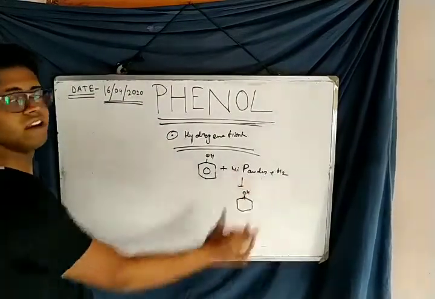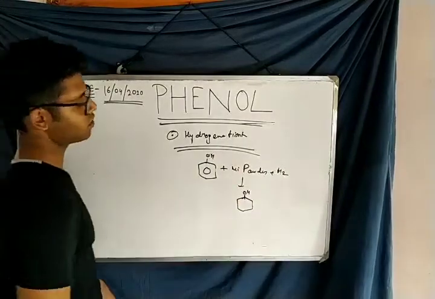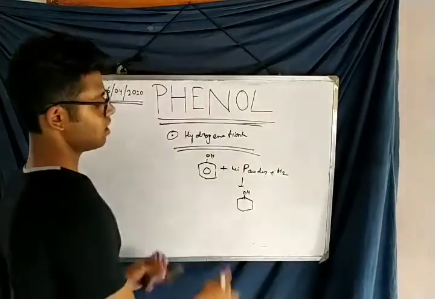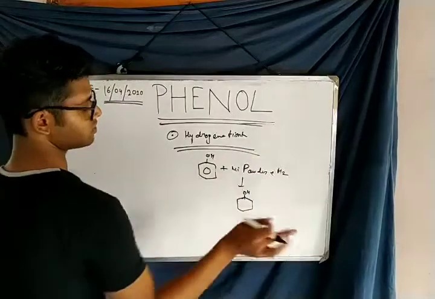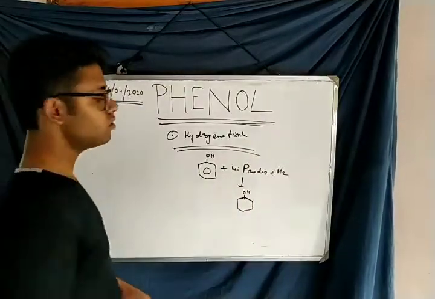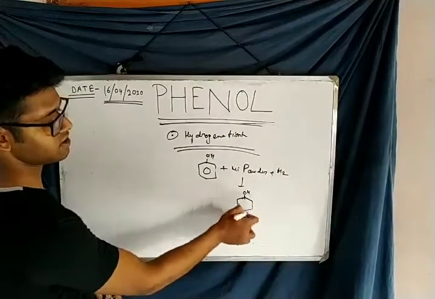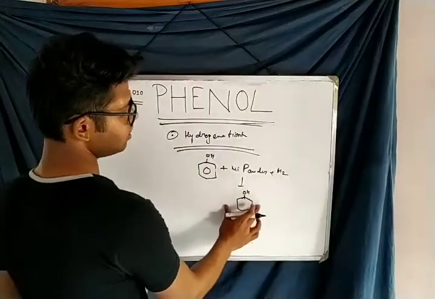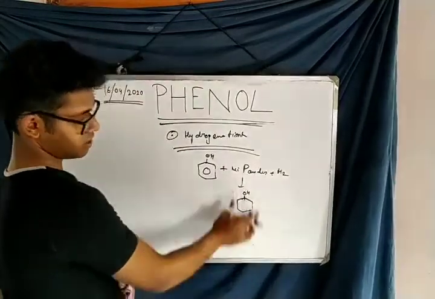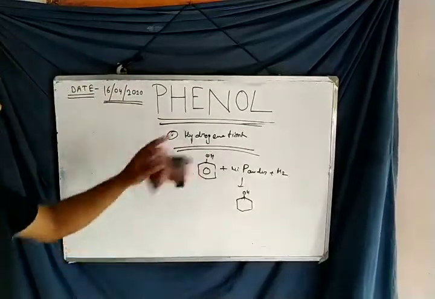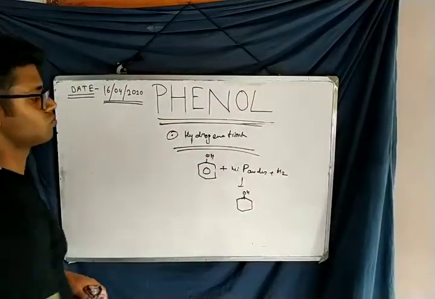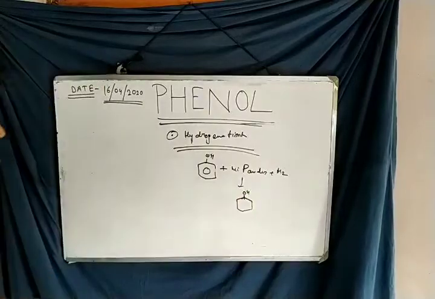Okay, it is basically a reducing property. It reduces three bonds from this structure, and three bonds are going out from this ring. So in the obtained compound, see properly, no double bond is present inside the structure. Only the cyclic compound is present, and the oxygen and the phenolic group are present in this structure. So it is basically the reducing property.